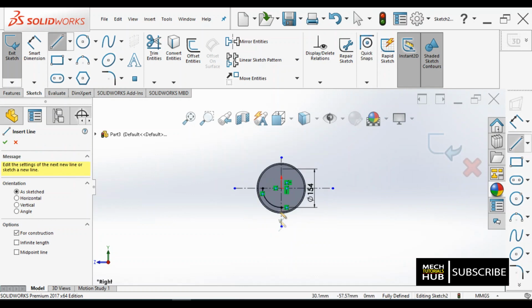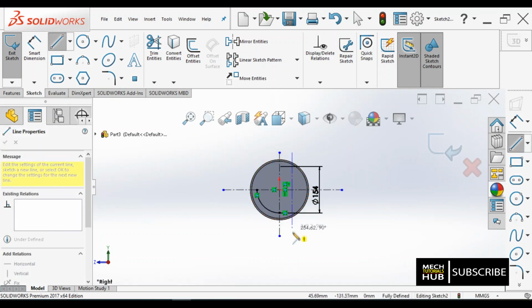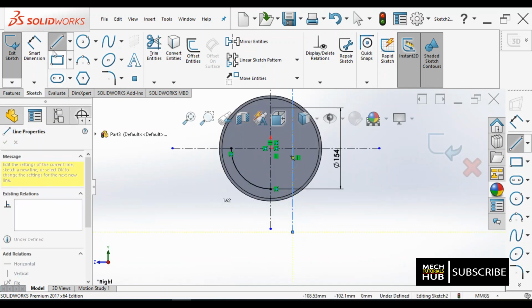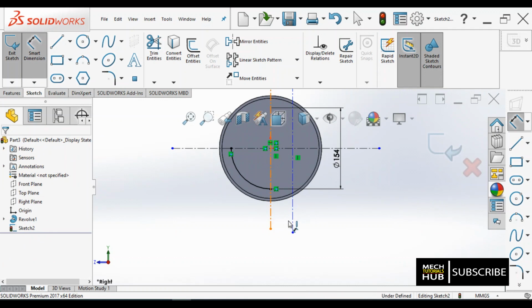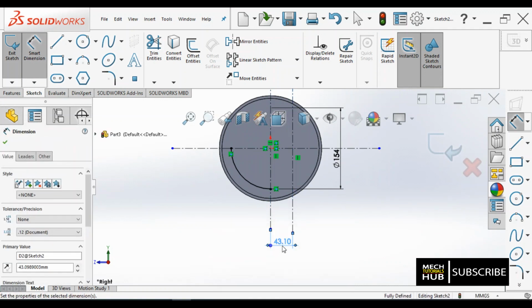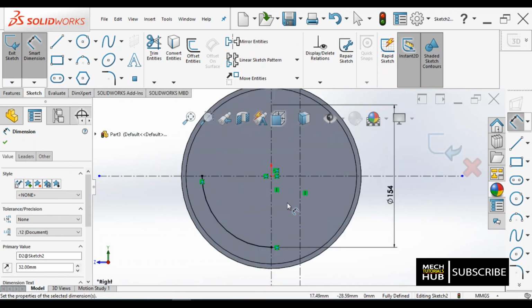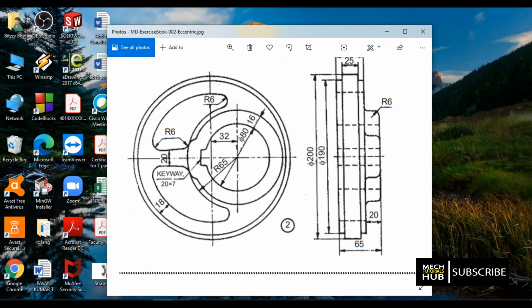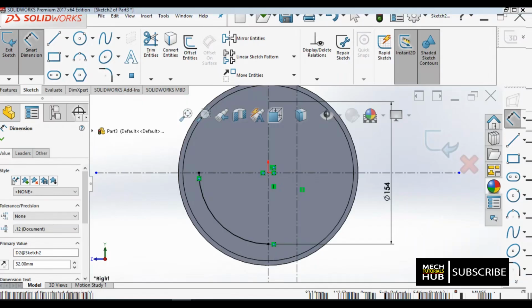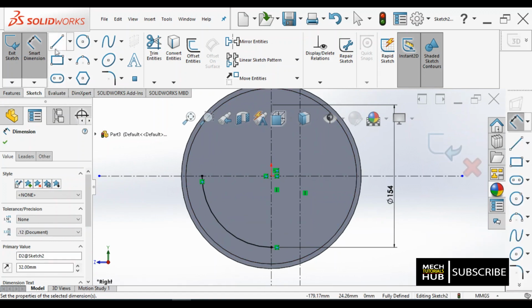Let me draw one more axis at a distance of 32. This is fine. Then again 32, that is fine. From that center, radius of 65.